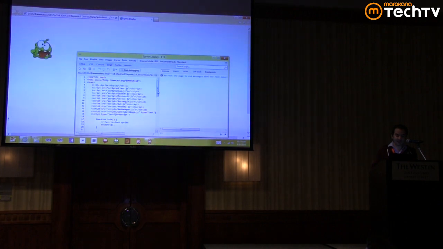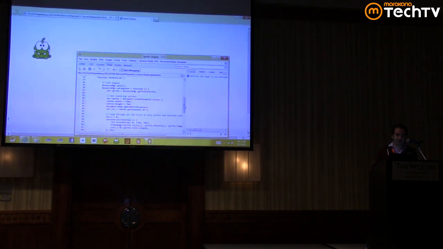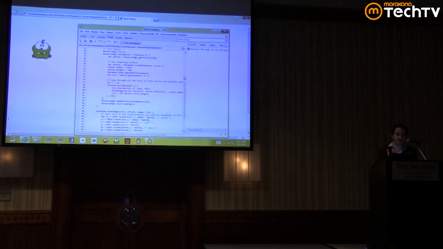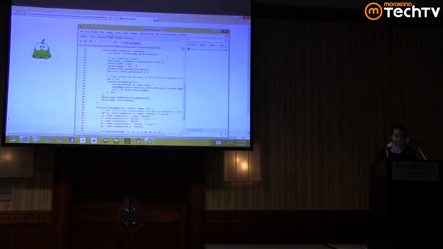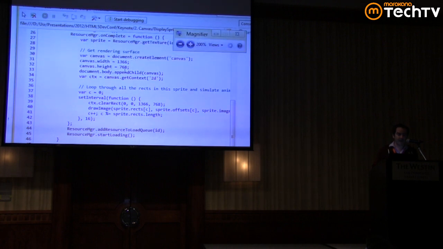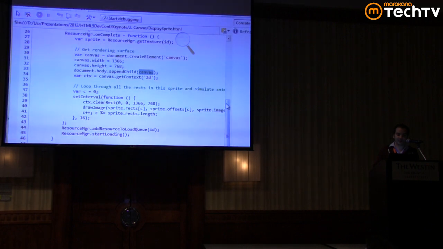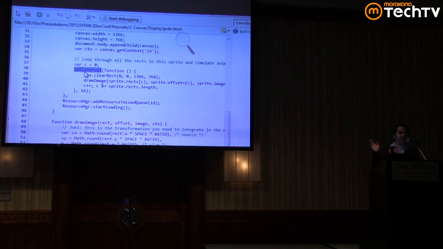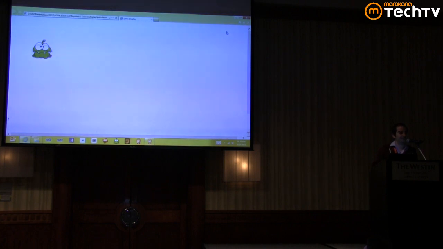And so if I show you the code behind, actually, let's go to script. It's all here. So this is all it takes to create this animation. Let me zoom in for you. We have a canvas. We set up the canvas, and we add it dynamically to the page. And then we have a drawing loop, just a basic one, we're not doing any optimization yet. Every 60 milliseconds, we loop into this drawing loop. We clear everything that's on the canvas, and we draw an image. And that image is coming from moving very quickly over that large sprite that you saw before. And this gives you a nice animation.